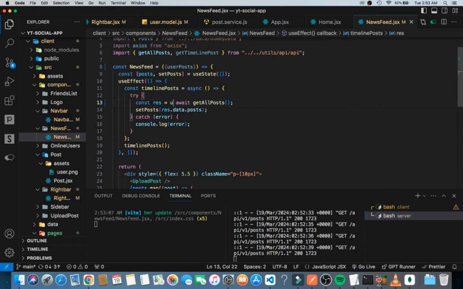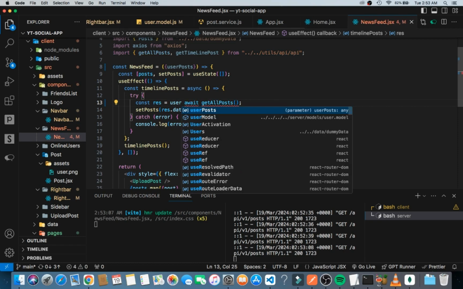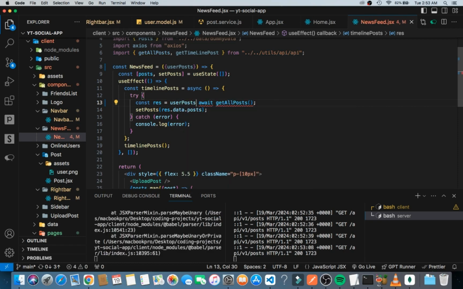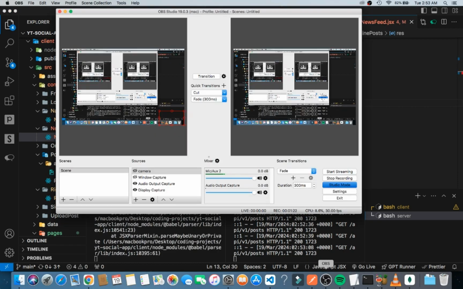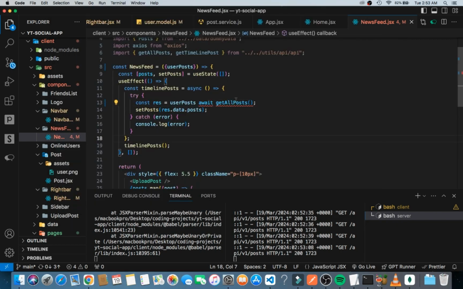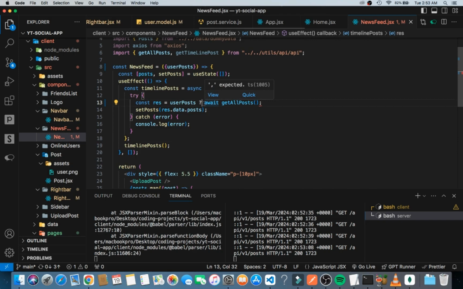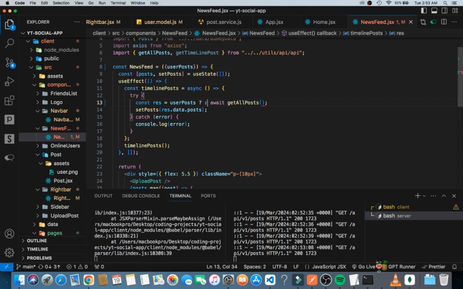I'm going to say if user posts exists, I need you to do something. But if the user posts prop doesn't exist, then I need you to do something else. So I want to await